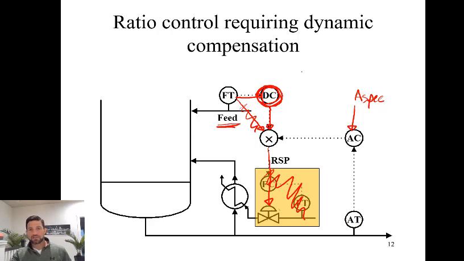You can think about this like a filter, right? Remember when we had a filter, what that filter did is it averaged a bunch of values, and it had lag that went to the actual system. So the dynamic compensator could act like either a first order lag element or a filter to the process. If we think about how the filter works, as we're averaging a variety of these values, when the feed flow to the column increases, that measurement coming out of the dynamic compensator